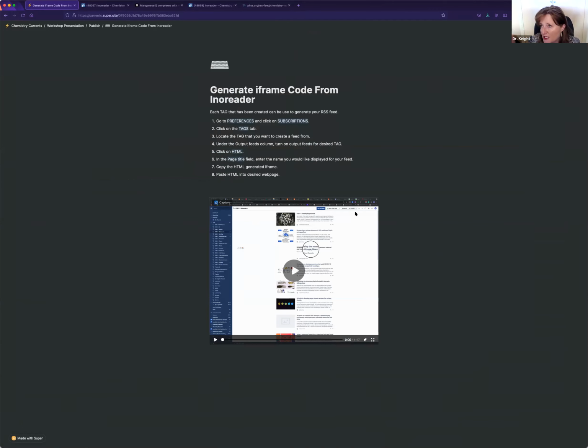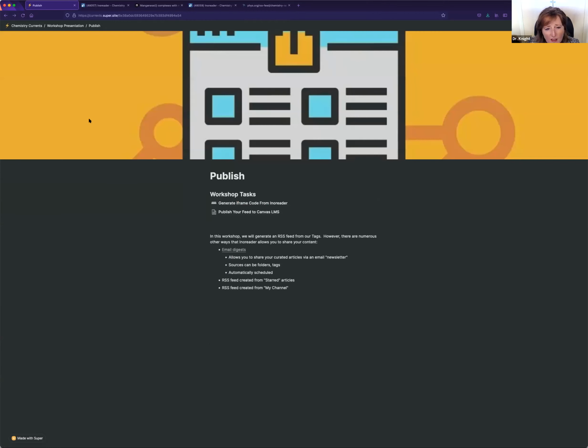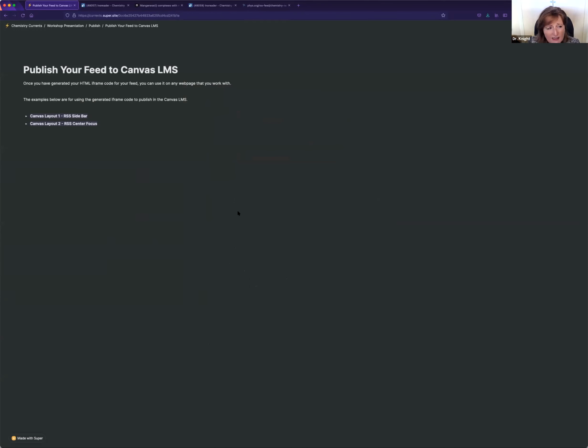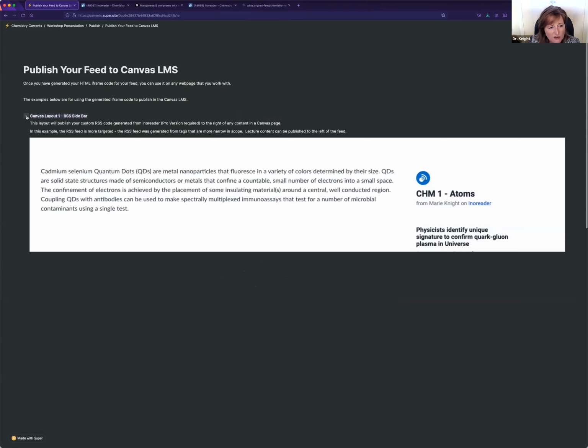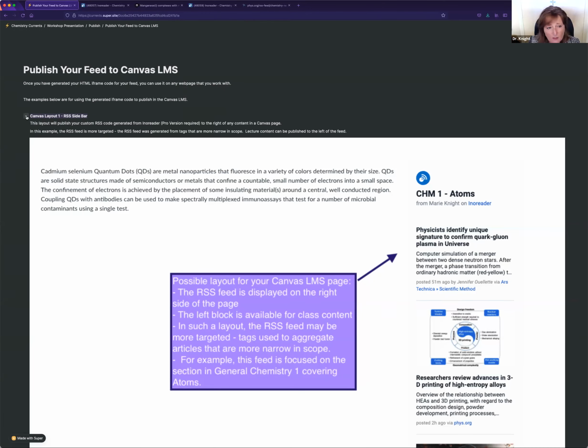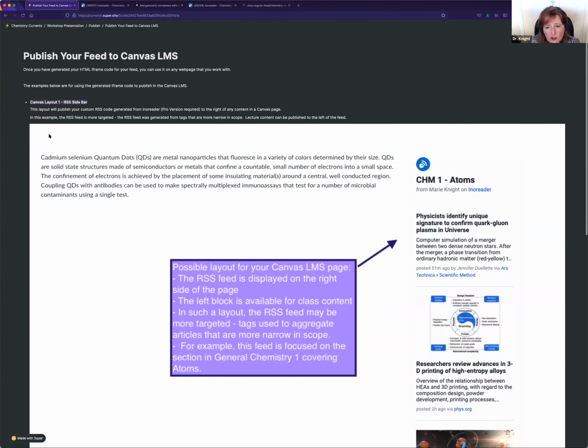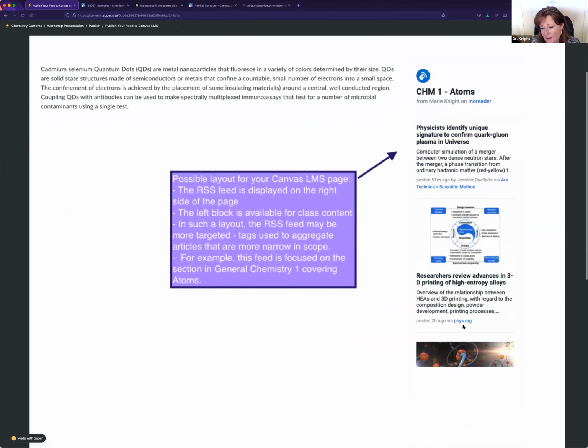It is essentially a generic iframe. So if you know how to use an HTML iframe, it will generate the iframe, and then you cut and paste that into whatever your output is. So, for me, it's Canvas. For you guys in a different LMS, I'm sure they have a place where you can put in an iframe. And for those of you who are in Canvas, I actually showed you the code that I use because it is a nightmare. So I have two layouts that I created, one where I publish the RSS feed on the right,